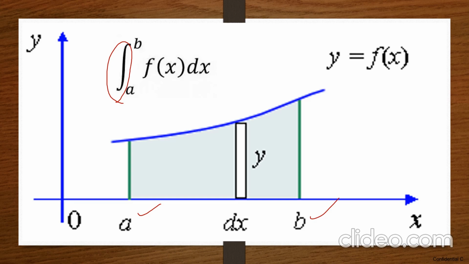So for the integral, the limit points are: the lower limit, that is the initial point, is A, and the final, the right hand limit, is B. So the integral from A to B of the function from the curve, y equal to f of x, into dx. We have four different types of formula related to this. Let us see.